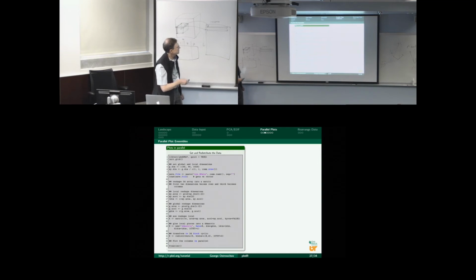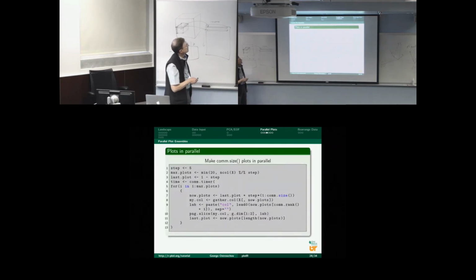So anyway, this is what happens in the script. And here is how I make the plots in parallel. I don't want to plot everything, so I do some fancy things here that select only certain columns out of this. The one thing that I need to do here is just notice this function right here, gather columns,